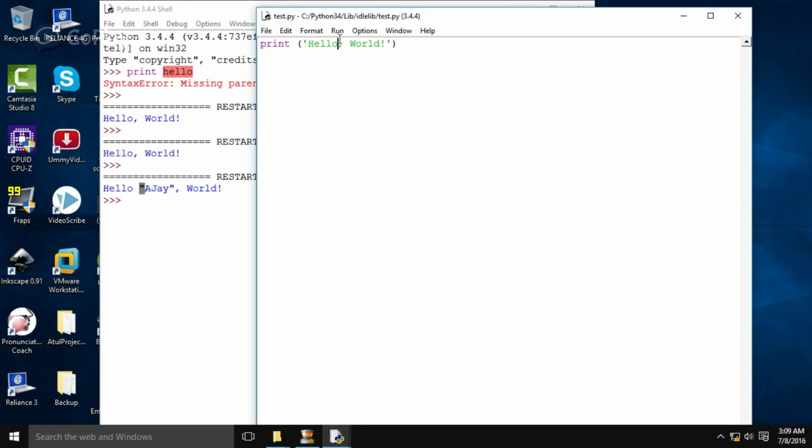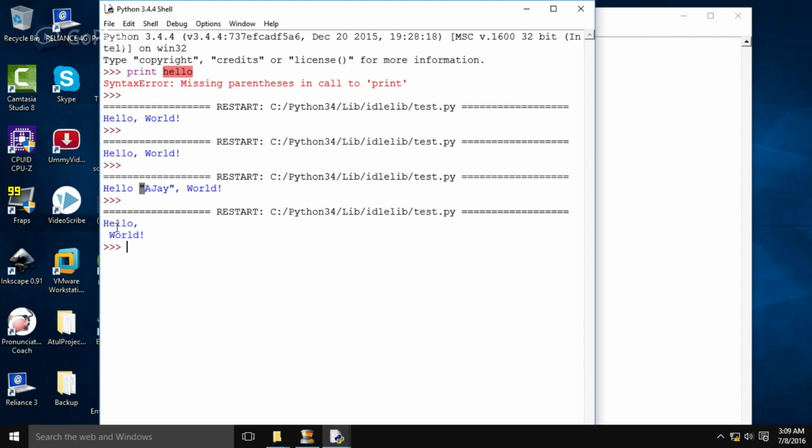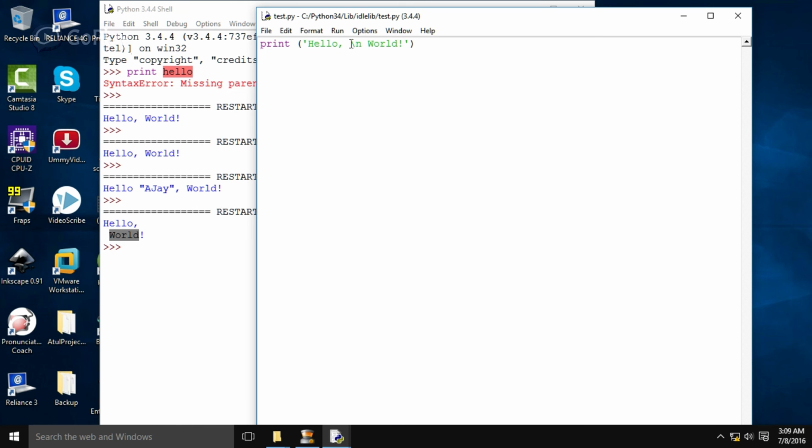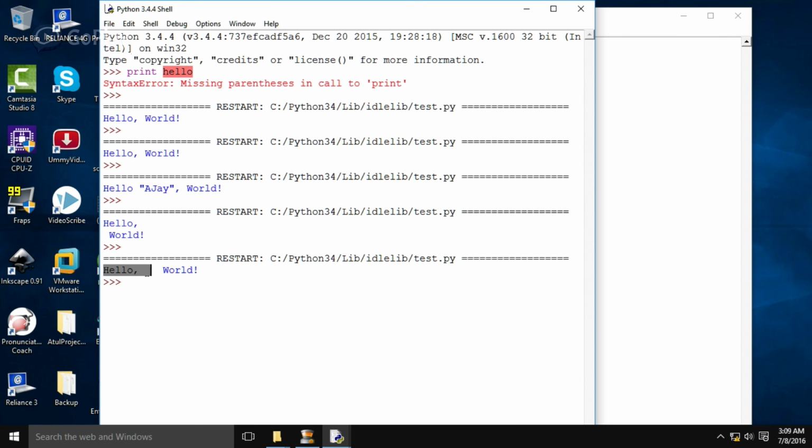Okay, then save this file. You can also use escape sequences in this string. You can see the output. Run the program again. Now you can see the hello and the word is written on the next line because of this escape sequence that we mostly used in C language. And you can use as many escape sequences as you want. You can see the output here. Here I use tab and vertical tab.